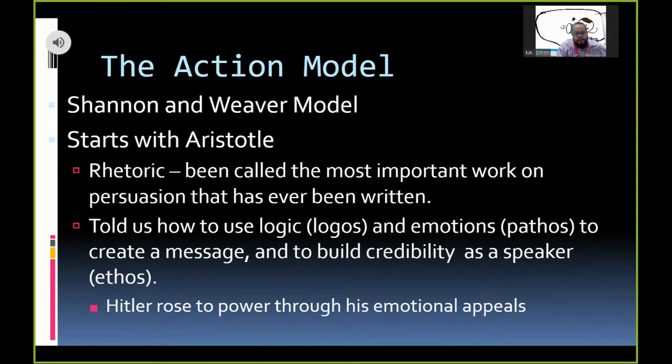Now, there's other versions of ethos that we can talk about later, but the most important thing that I kind of want to circle back to is pathos. That's why there's so many good commercials. That's why there's a bunch of sad commercials, because people are emotional. When you can get someone to believe in your emotional appeal, then you can get them to do almost anything, as we saw last week. Okay. However, right here at the bottom, Hitler rose to power through his emotional appeals. He was able to talk to the German people and get them to feel some type of way about how they were the ones that were being oppressed.